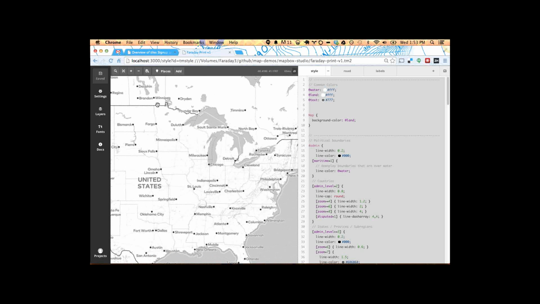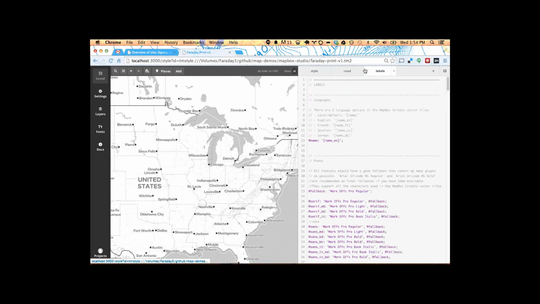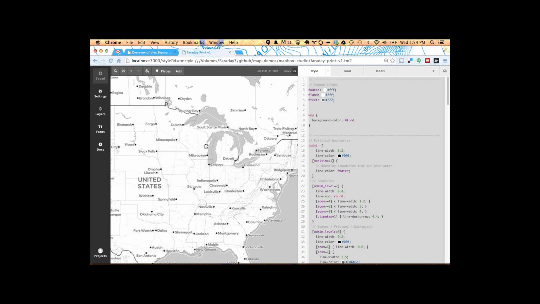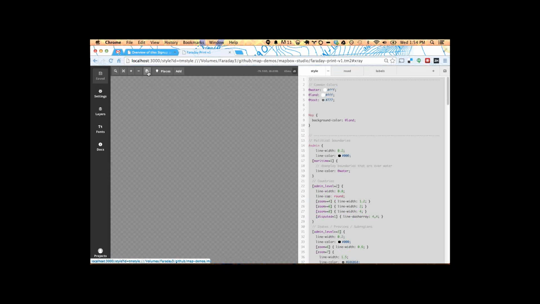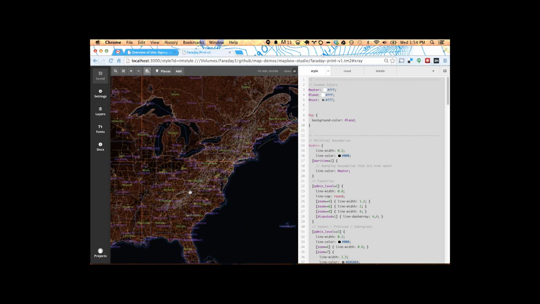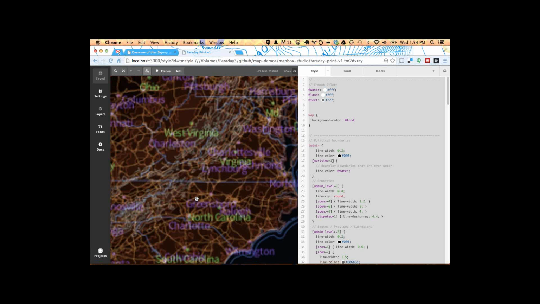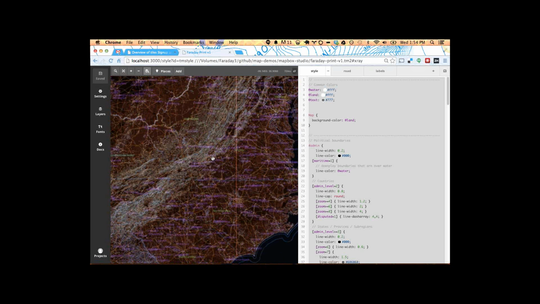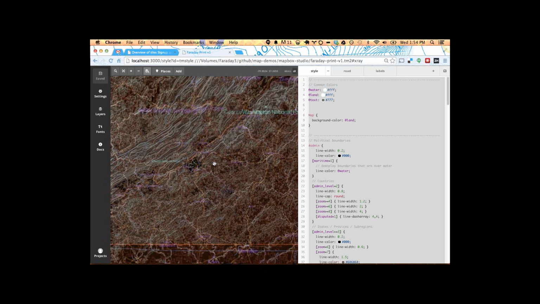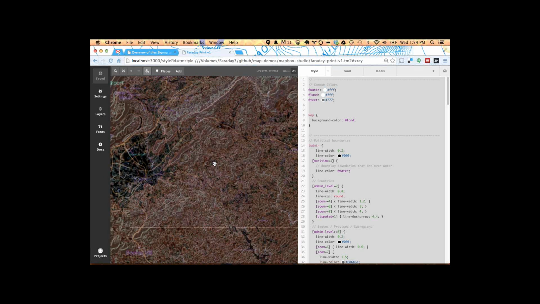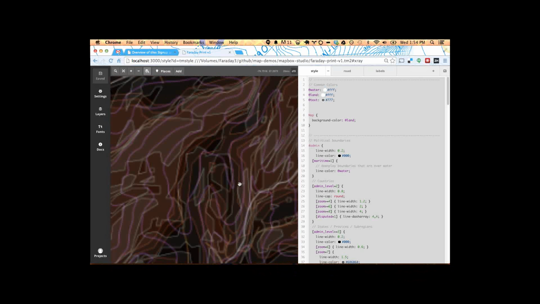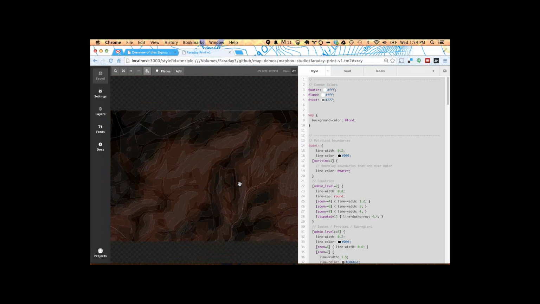A few other things here, actually a number of other things here. There are several panels to the code, so each of these is a different context within the map. You can look at the data underneath, which is a cool feature where you're looking at a mesh of the raw vector data, obviously unstyled, but kind of cool nonetheless. Here you can see it's basically just this pile of stuff. But you can use this view to figure out if you're rendering things